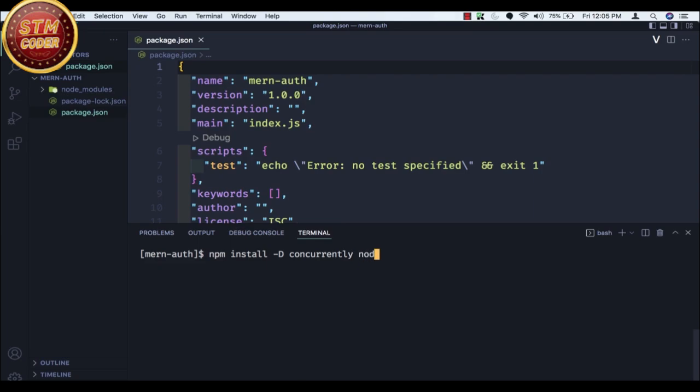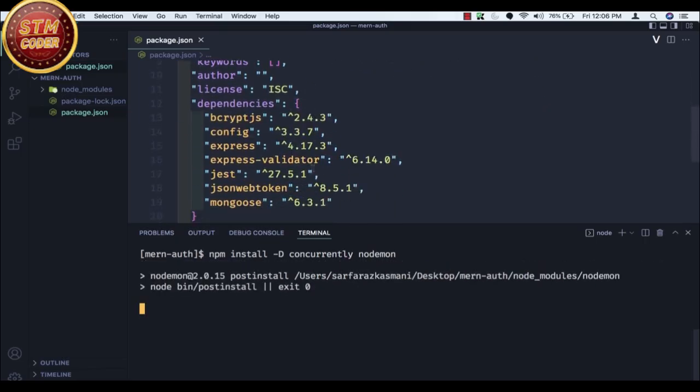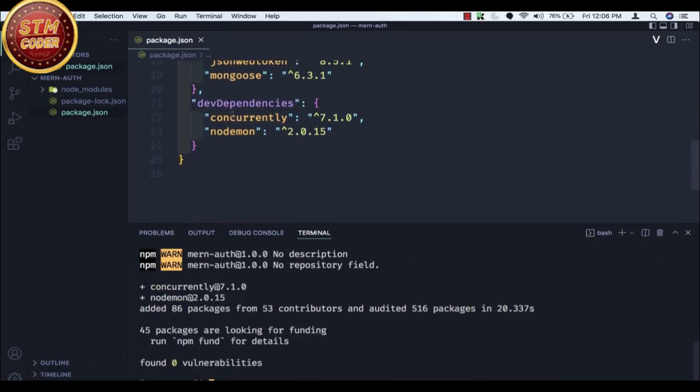And then we have nodemon. Nodemon monitors for changes and restarts the server, so we don't have to worry about doing that every time we make a change. Now let's press enter. So these two are the development dependencies. Here, as you can see, these are the development dependencies, concurrently and nodemon.